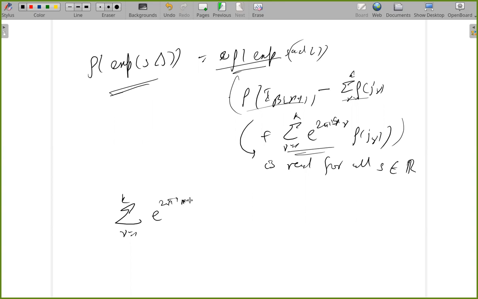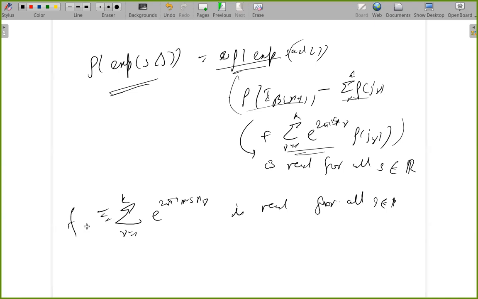But there is a sum such that e to the 2 pi i s nu is real for all s. Is it possible to have that? You have finitely many trigonometric polynomials, and I add them, and I'm saying that their values are real for all s. That is not possible. Simply because if their values are real for all s, let me call it f,